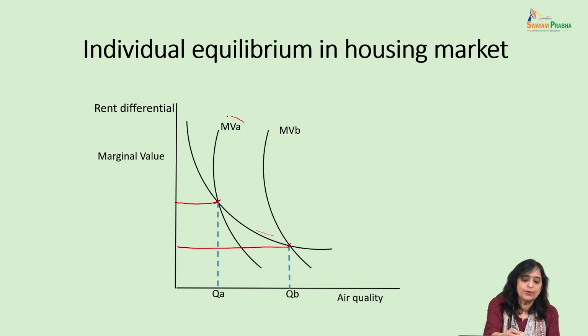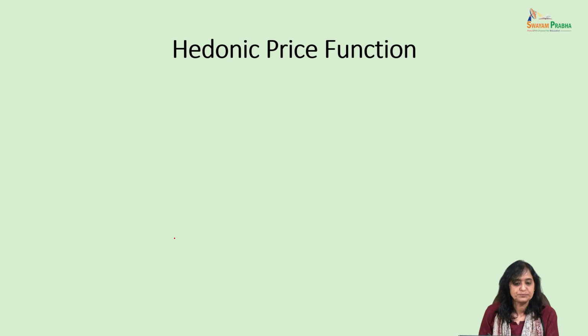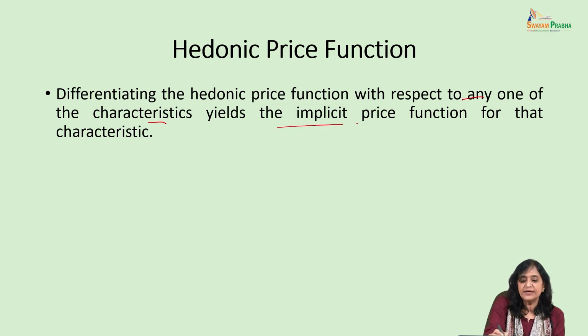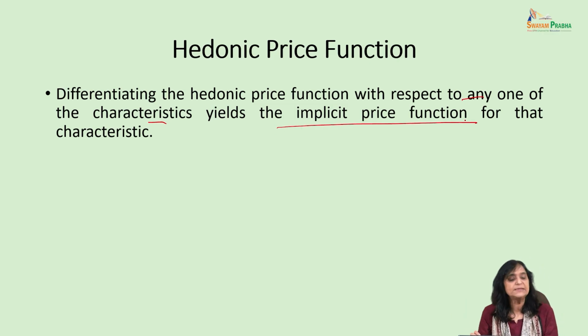So if there is a property A which has a better air quality, it will also demand a greater rental compared to property B, which is located in an area with a lower air quality. So this is the rent differential. So the hedonic price function, as we are saying, is basically we are differentiating the function with respect to any one of the characteristics. Okay, and when we differentiate it, we get, as I just told you, an implicit price function